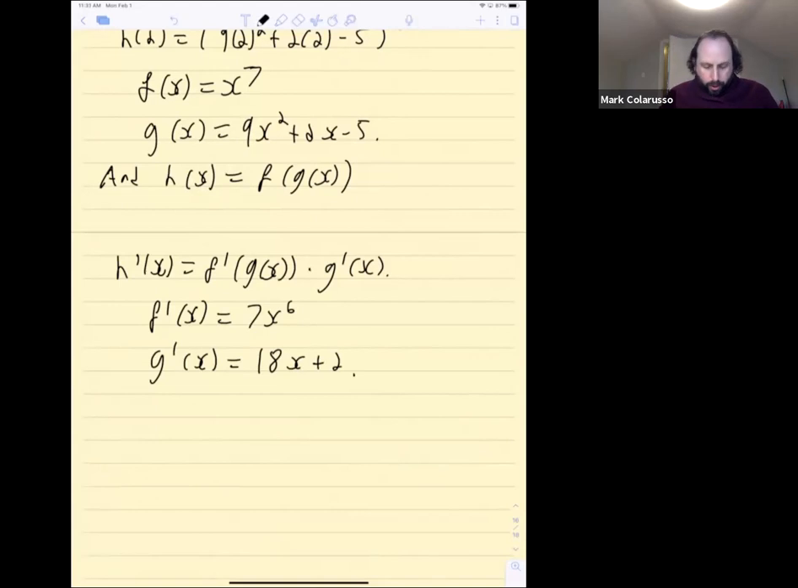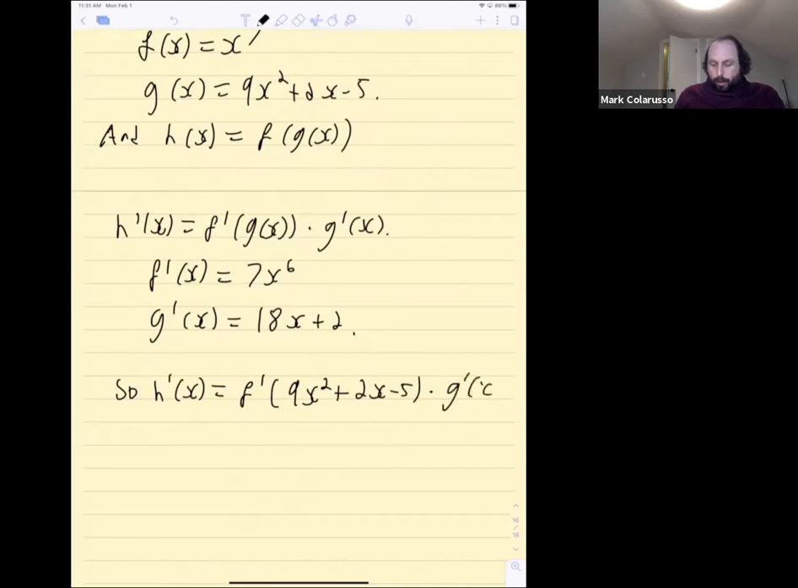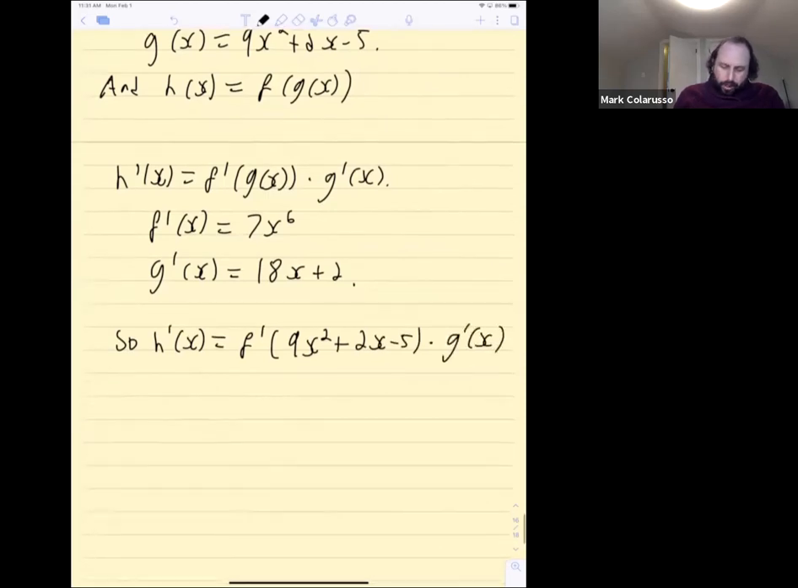So I was looking at the wrong function there. Okay, so h prime at x is f prime evaluated at g at x, which is 9x squared plus 2x minus 5, times g prime at x. So this is a bit messy. So this is 9x squared plus 2x minus 5 raised to the 6th power